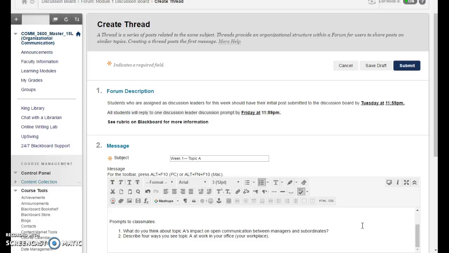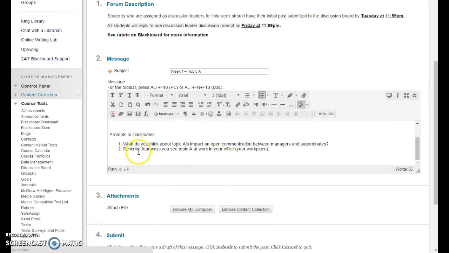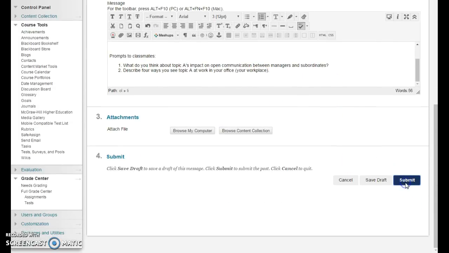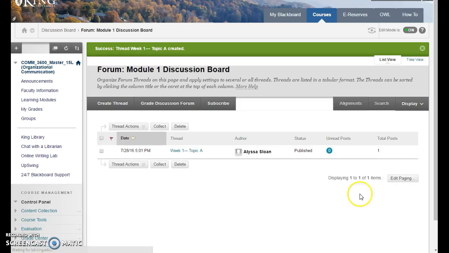So you want your prompts to be accomplishable by your classmates, but you still want them to be thought-provoking. So try to find some balance where the question is thought-provoking, but it's not an unreasonable amount of workload for those who will be participating in the discussion. So once you've written your original discussion leader post, all you have to do is click submit, and then your post will show up here